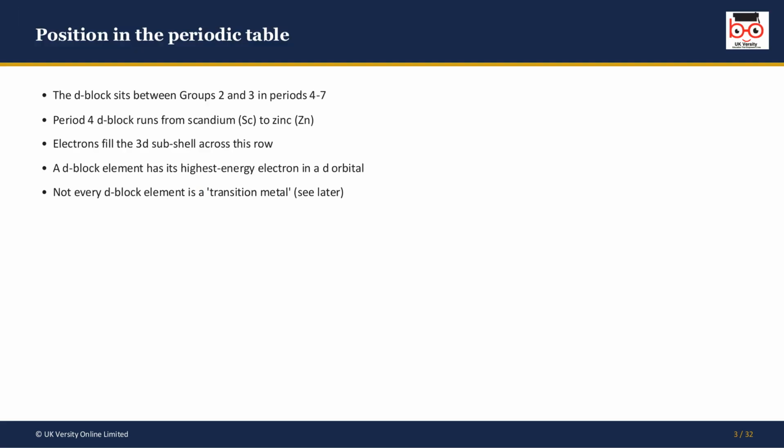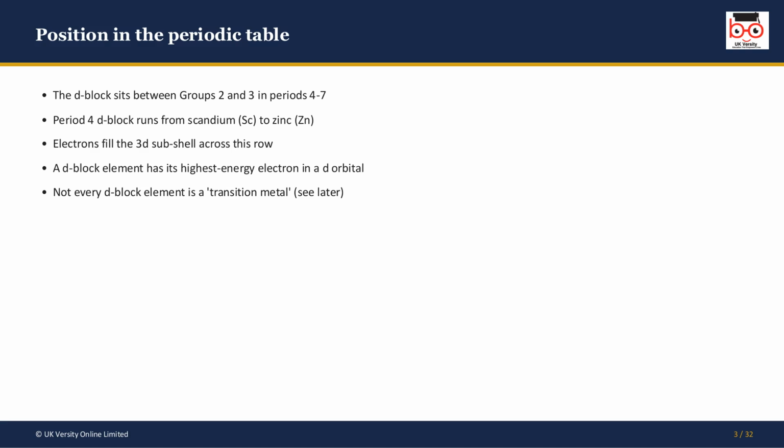Let's place them first. The d block sits between groups 2 and 3, running through periods 4 to 7, and the period 4 d block is the row from scandium across to zinc. As you cross that row, electrons are filling the 3d subshell, and that's what defines a d block element. Its highest energy electron is in a d orbital. One subtlety to flag now, though, is that not every d block element counts as a proper transition metal, and